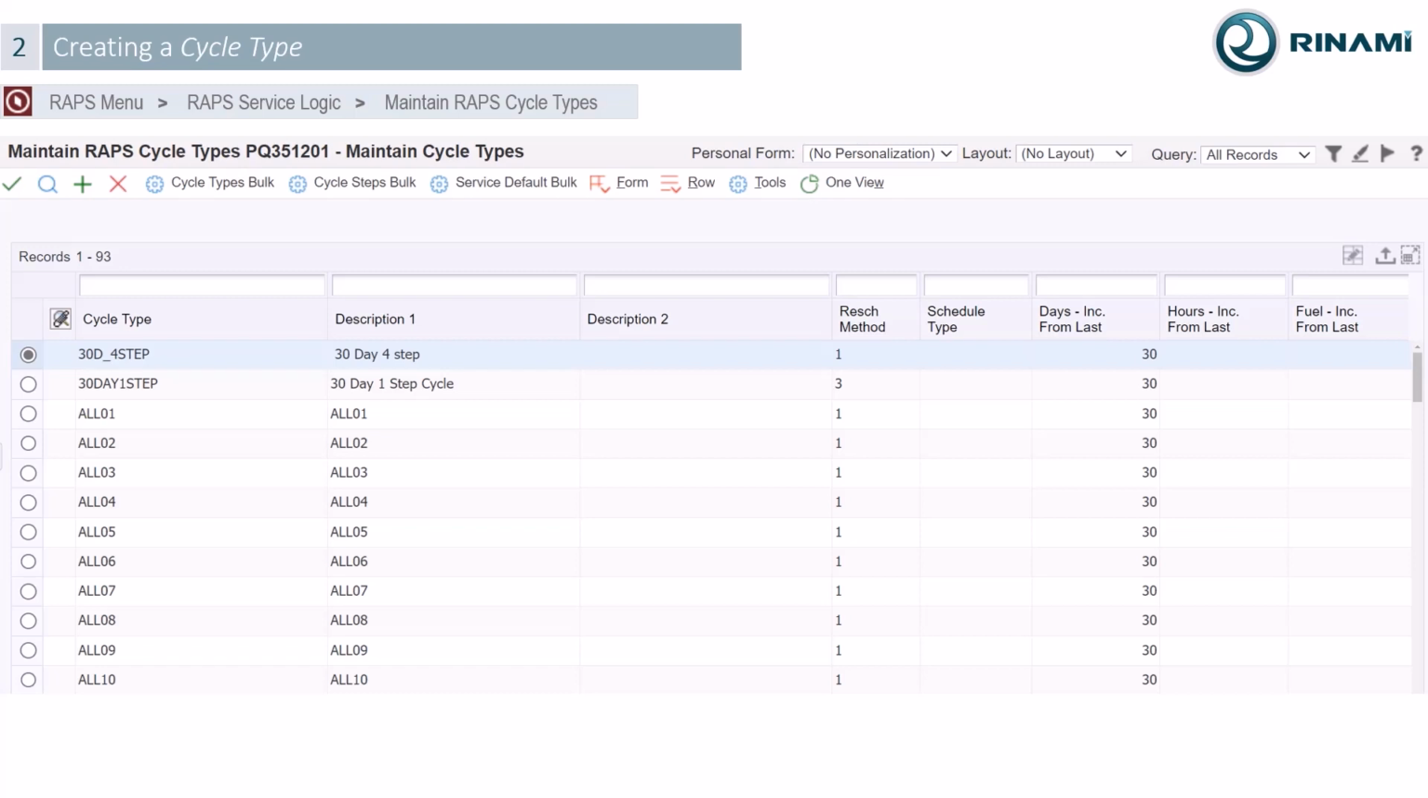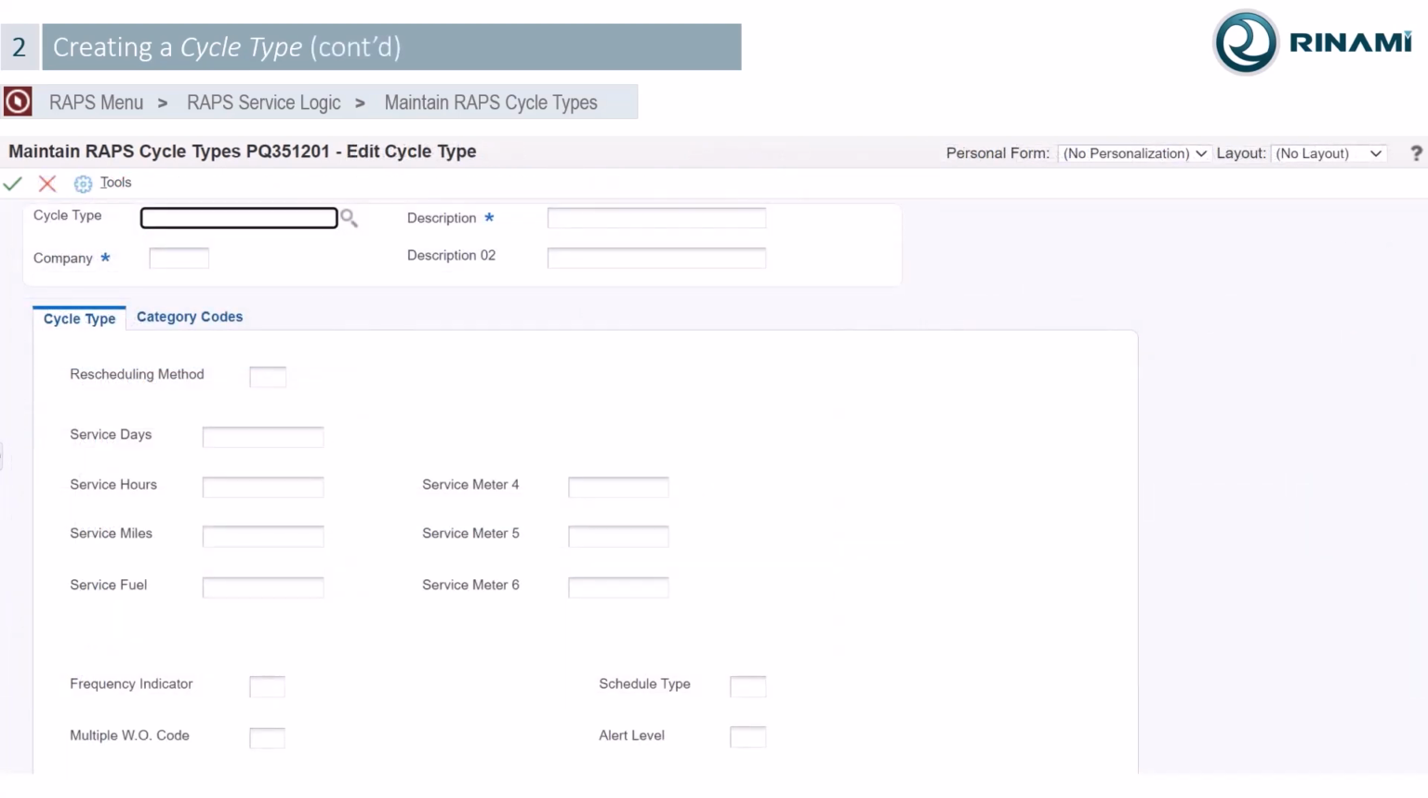To add a new cycle type, select Maintain Wraps Cycle Types from the Wraps menu. Click the Add button and enter the requested details. Firstly, a name for the cycle type, a description, company if company row security is required, and for the rescheduling method, I'm entering 1, which specifies that if the